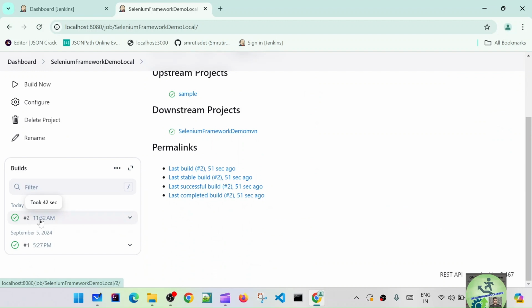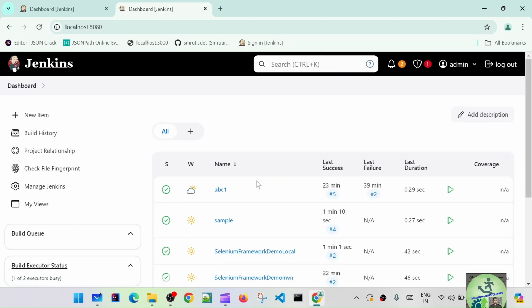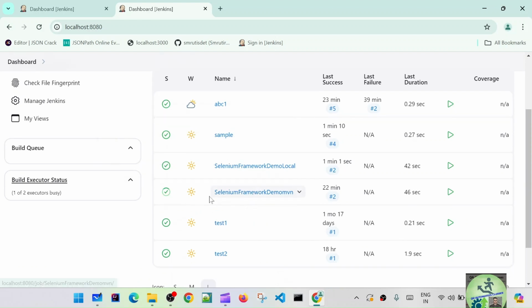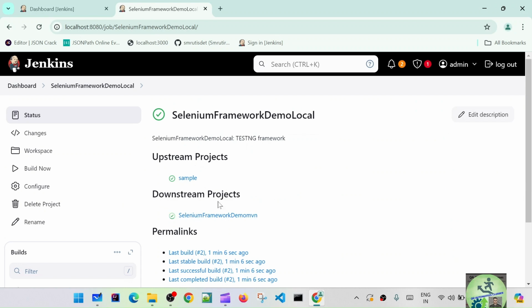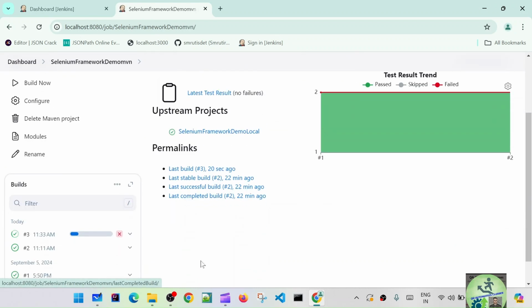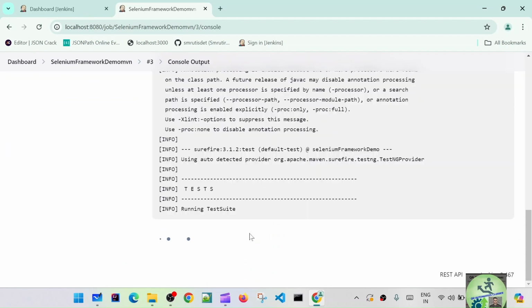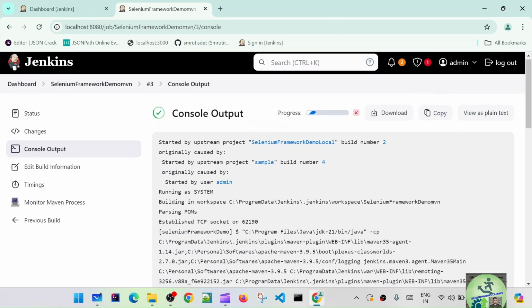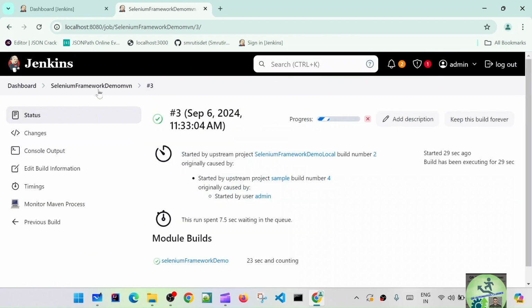So the second build is successful. Now I should be able to see the third one kicking up. See, now the third one is kicking up. So if I go here, the downstream is executing Selenium framework demo MVN. Here you see the third build is going on, right? If you want to see console output, you can click and see, right? Basically we are